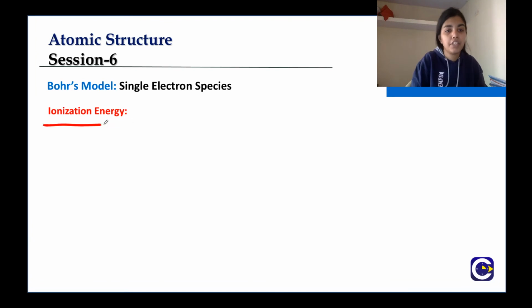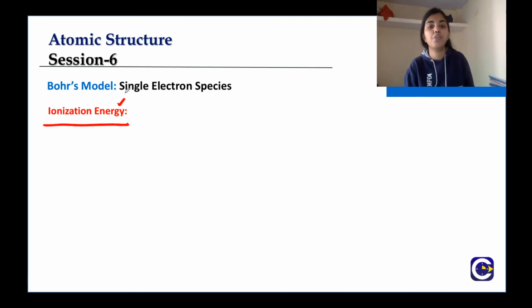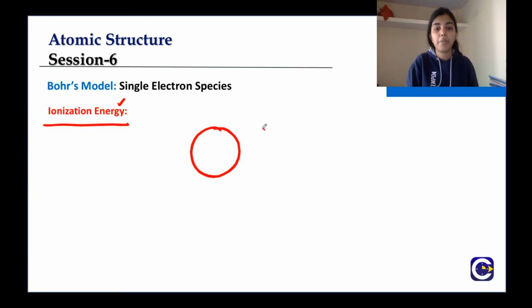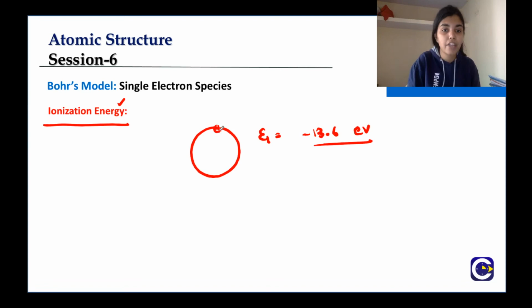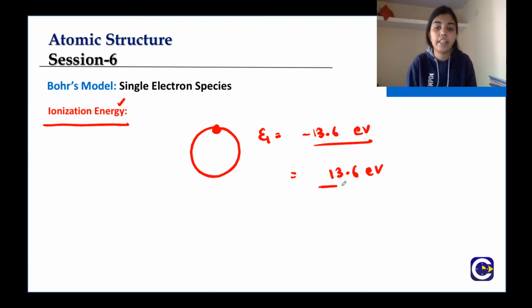Now, ionization energy is what? Basically the energy required to remove an electron from the outermost orbit, right? Now we know that, let us say, the energy of orbit number 1 is coming out to be minus 13.6 electron volt. This means that if the electron is revolving in this orbit, the energy which will be used to take this electron out of the atom itself will be equal to 13.6 electron volt, right? Because the energy minus 13.6 electron volt is what we are calculating for the orbit. So the electrons which are revolving in this orbit will have a similar energy, right?